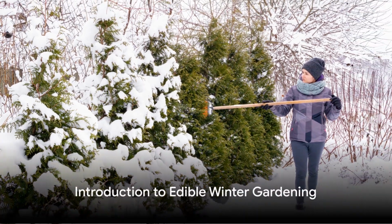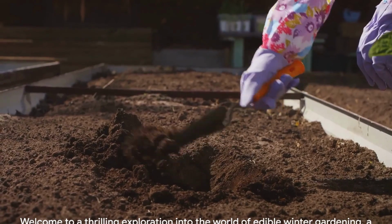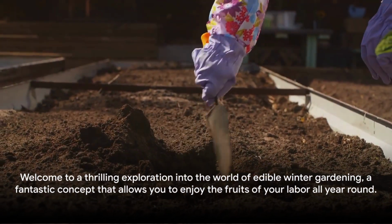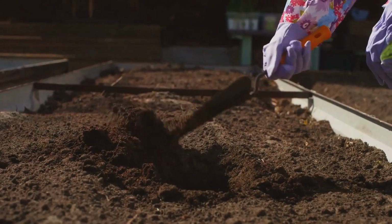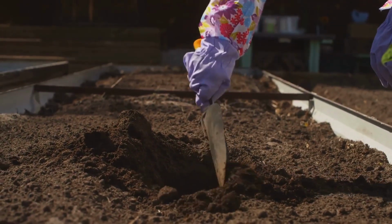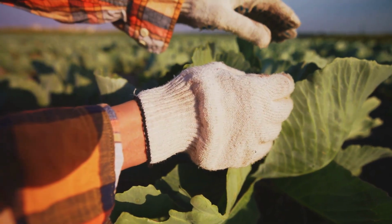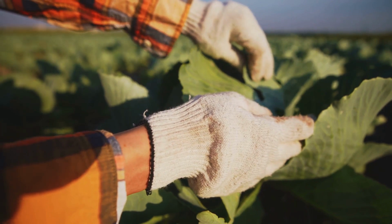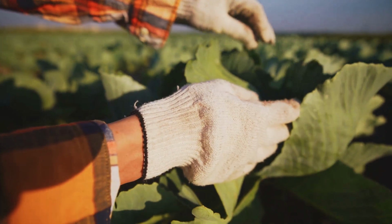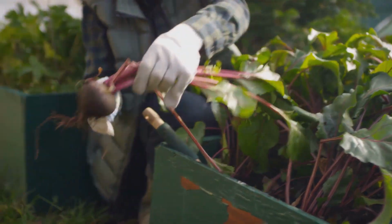Have you ever wondered how to keep your garden productive during the winter season? Welcome to a thrilling exploration into the world of edible winter gardening, a fantastic concept that allows you to enjoy the fruits of your labor all year round. Yes, even when the thermometer dips and the landscape is cloaked in frost, your garden can still flourish with vibrant, nutritious bounty. Imagine the joy of plucking fresh, crisp greens and flavorful herbs right from your garden in the middle